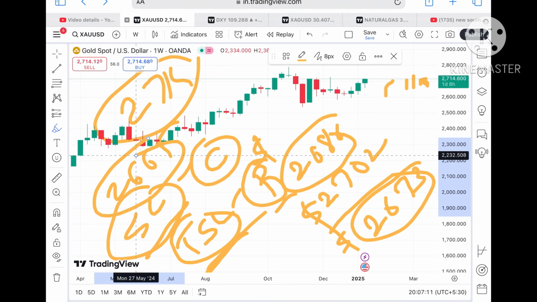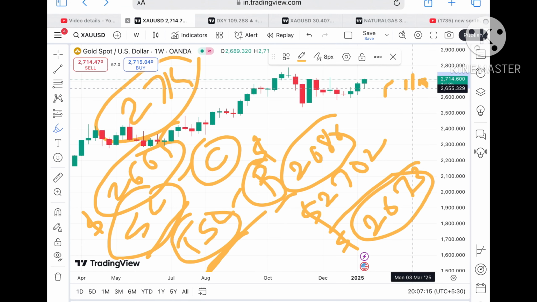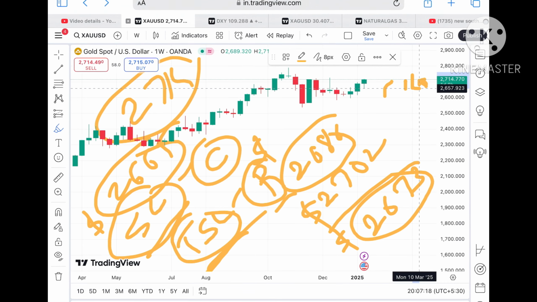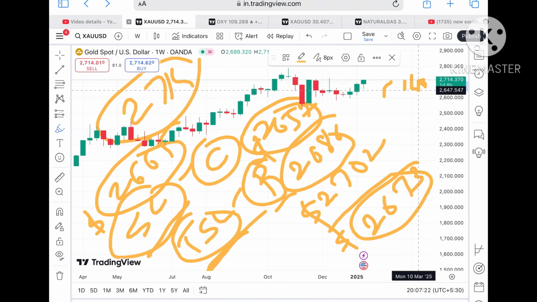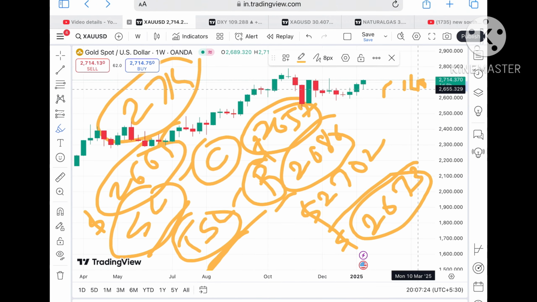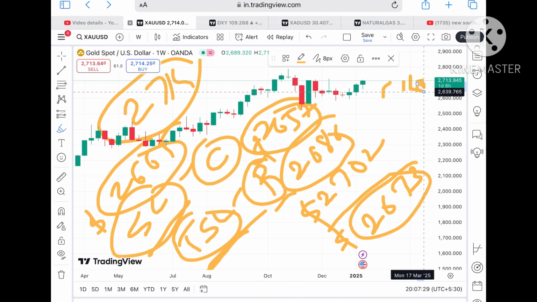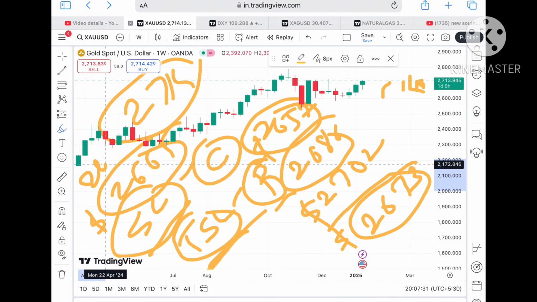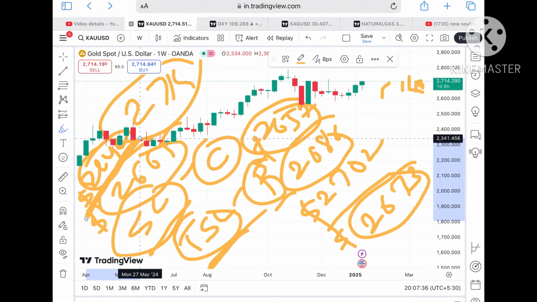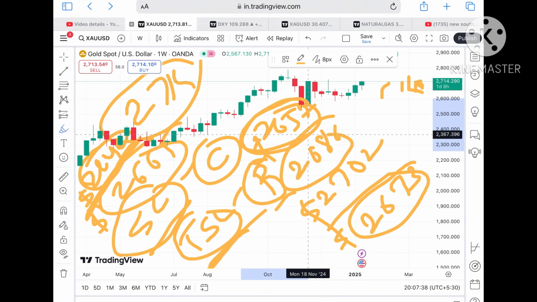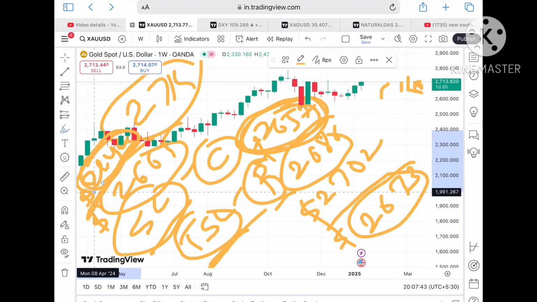26.65. Okay, and if that doesn't sustain, we can see a further downfall towards a level of around 26.63, and then to a level of $26.57. Okay, suppose the price falls below that particular level, we can see it can go further low, and there is a probability of first moving below a level of around 26.42. This 26.42 is already being tested, so chances are high the price will fall further low. Okay, after crossing a level of 26.57, it can go towards $26.51, and from there it will move below